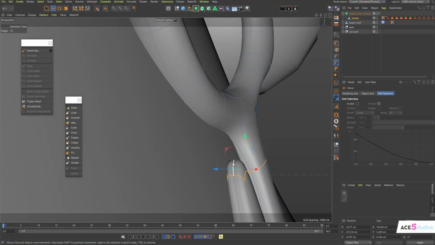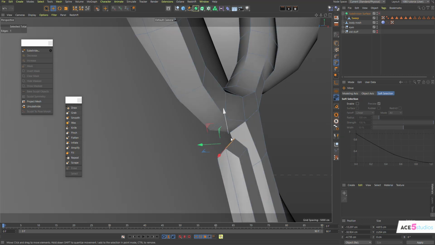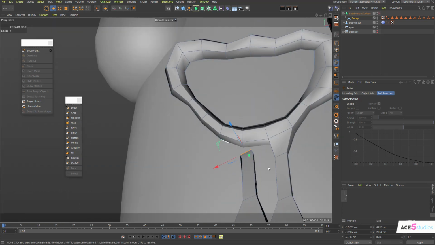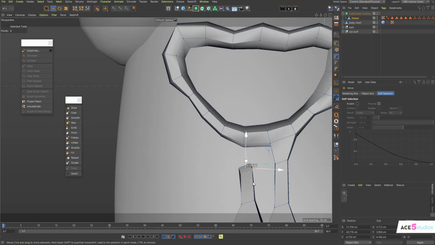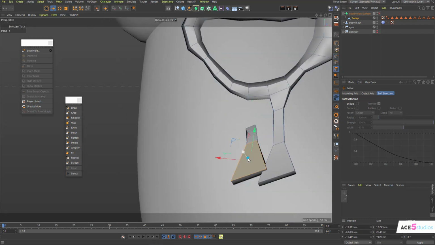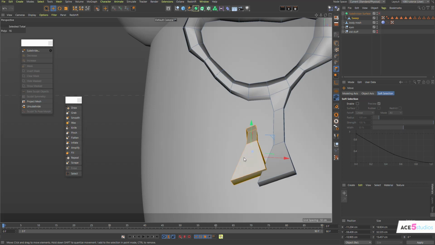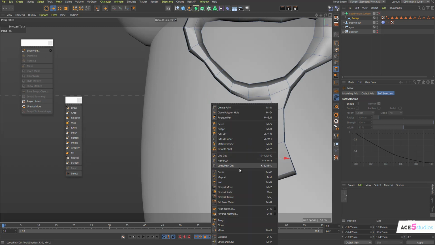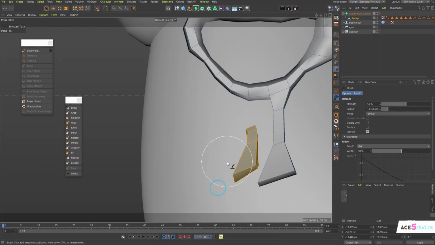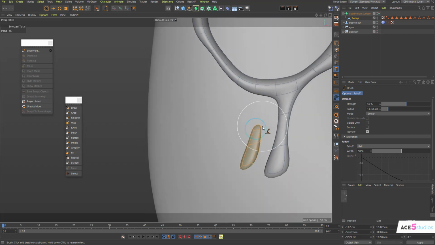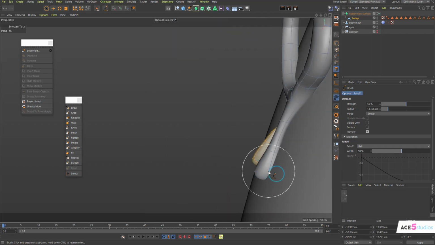Then maybe move the edge here. Let's move it up, and move all these guys down here. Double click so you only have this selected, and then we can use our brush tool here to only move the selected part. And press Q so that, there you go, so that we can see that it's a,